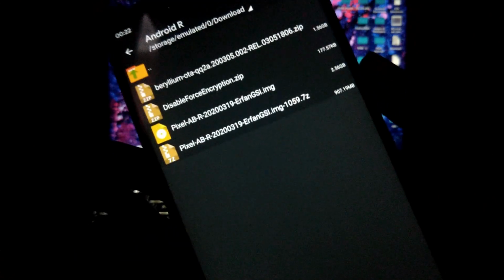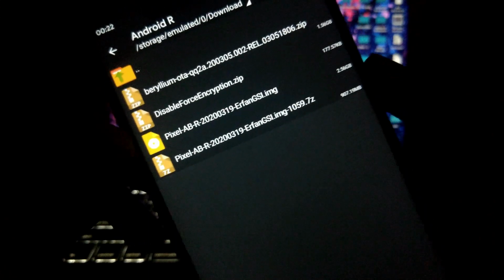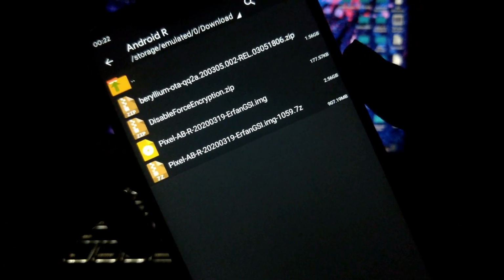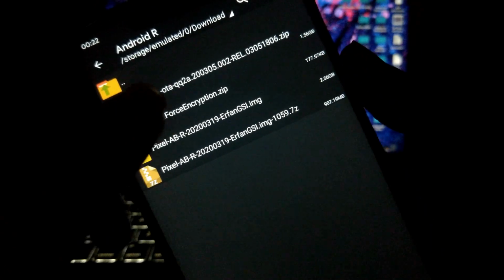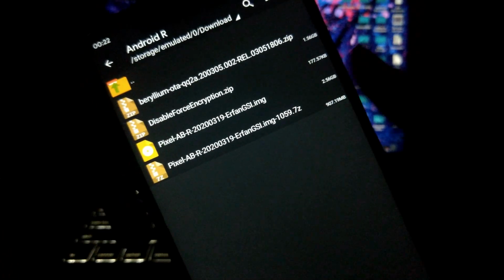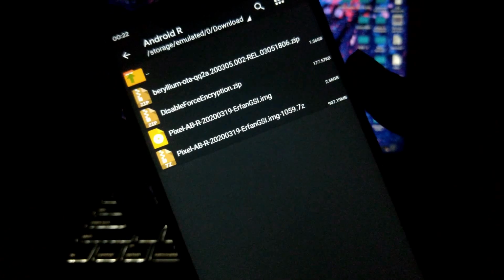Once you click on extract, the file will get extracted, and as you can see, it is being extracted in the format of an .img file, which is 2.56 GB. So those are all the files required for our work. Moving further,